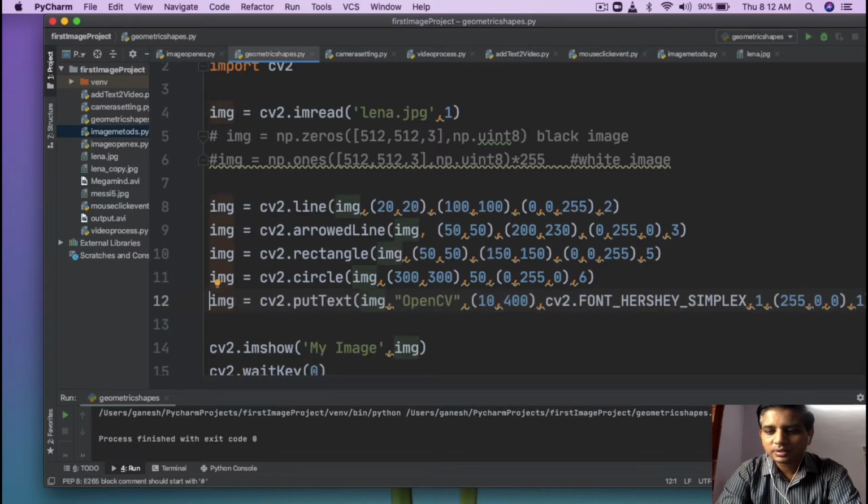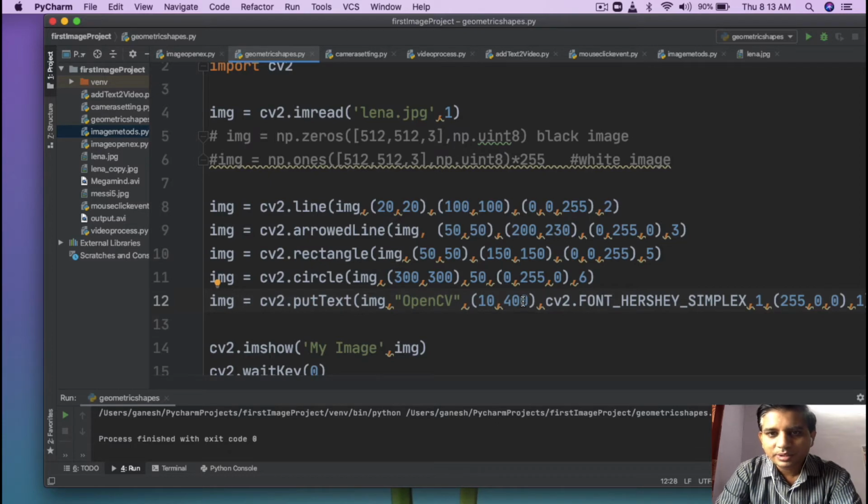The last one in geometric shapes is how to put a text on your image. To put text on your image, there is a function named putText. So cv2.putText is the function. The very first argument is the image. The second argument is the text that you want to place on your image.